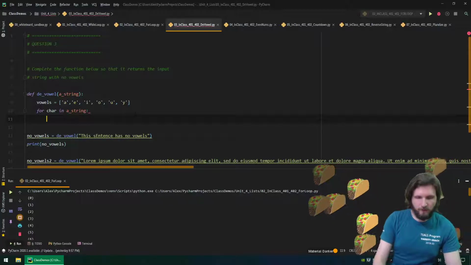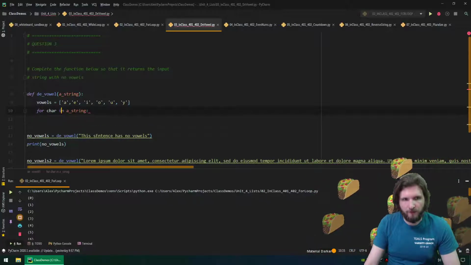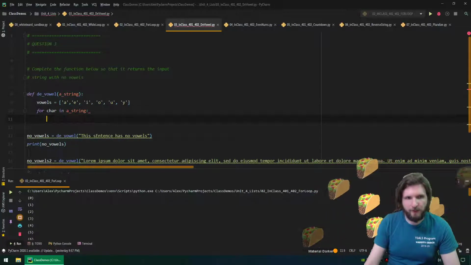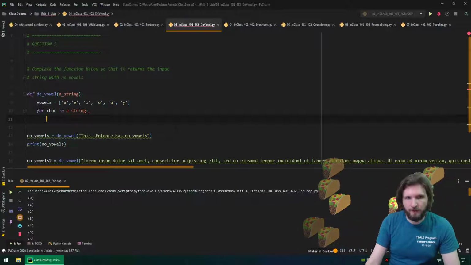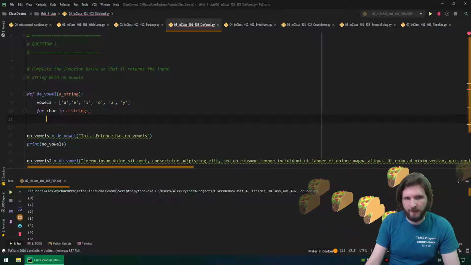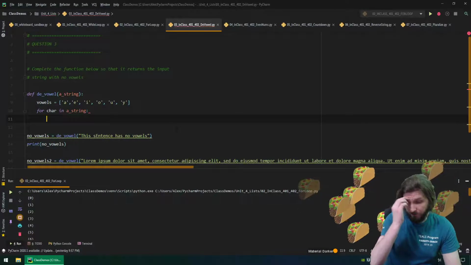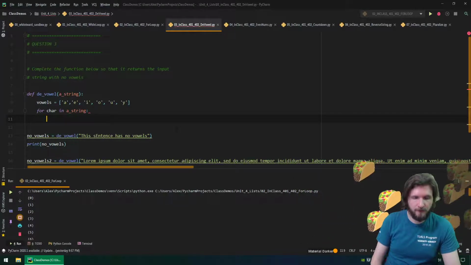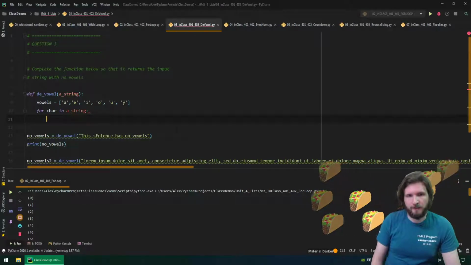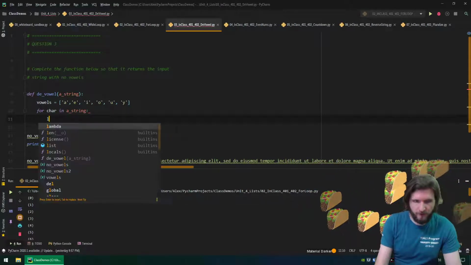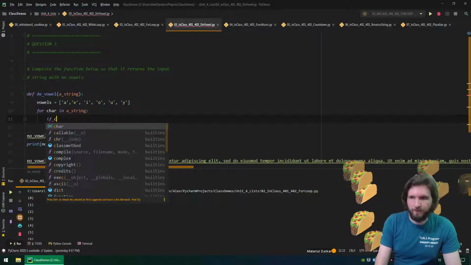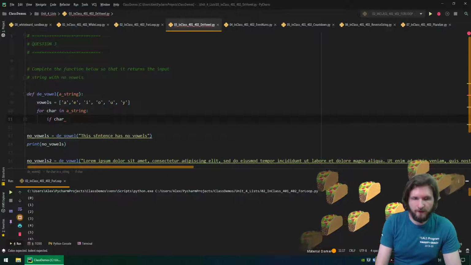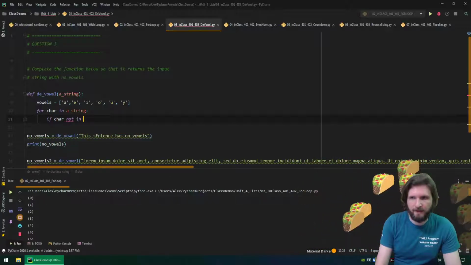So what we can do now is use the in keyword, because we can check to see if something exists in a list, which we're going to get into in the next unit, or part of this unit, but it's almost like doing a loop within a loop. So what we could say is if character or char is not in vowels,